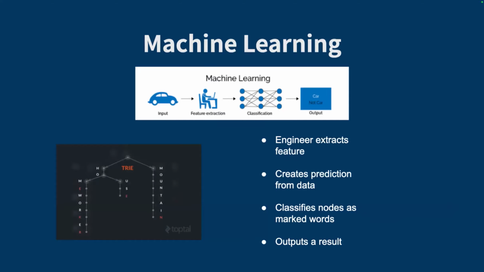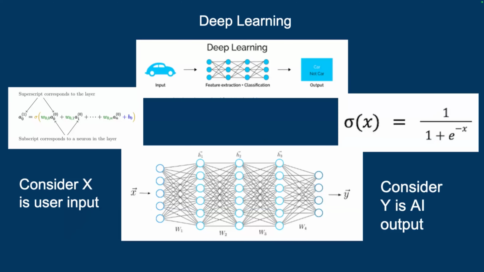So machine learning, a subset of AI, think of it as a tri-tree. It is feature extraction. You give words to a tri-tree and you extract features like the words, the letters that are in the word, and it marks the nodes, right? That's basically all that machine learning is. A model that extracts the features that you tell it to. And then deep learning is a little bit more complicated. It's the field of mathematicians. It's a mathematical model where when you feed it a lot of images, it starts learning patterns to make its own definitions.